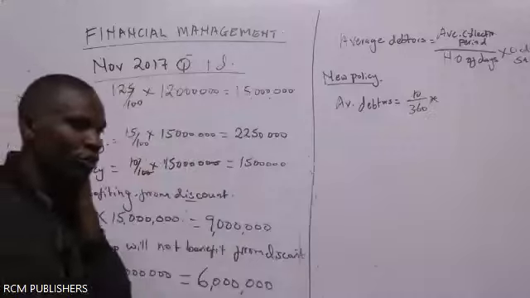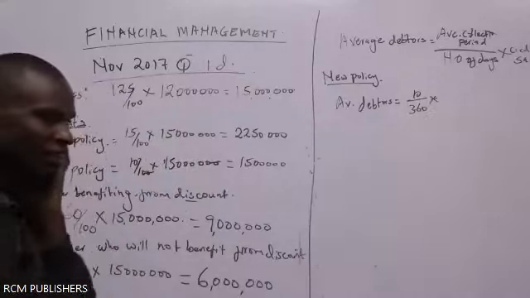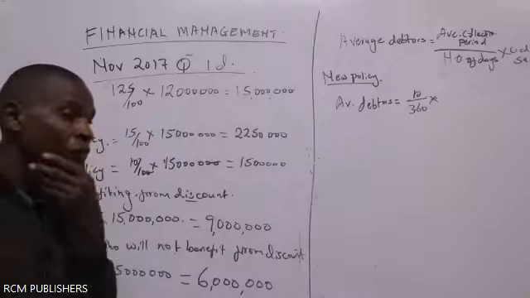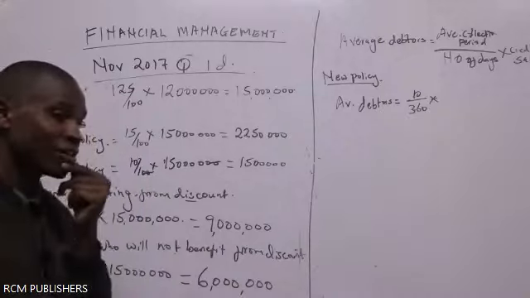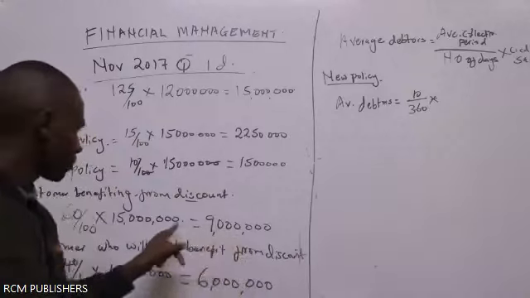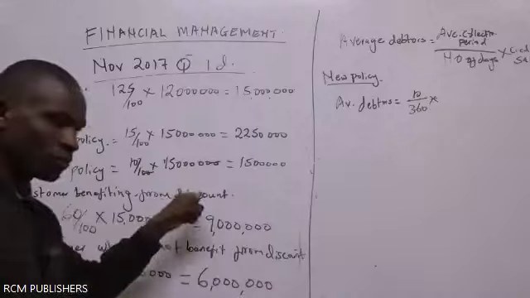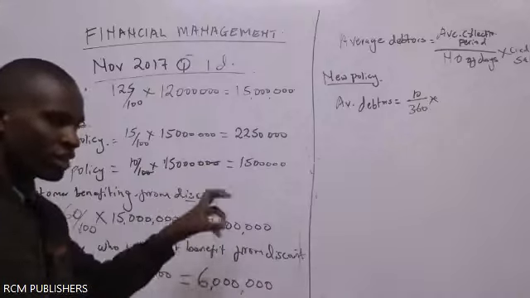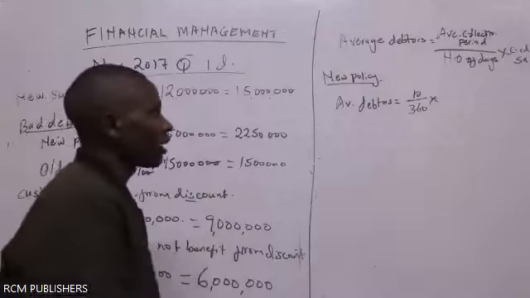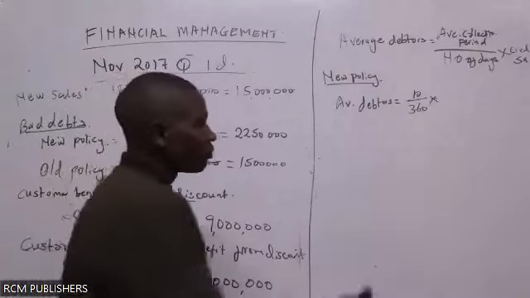Goods zenye tuliuza on credit na tutawapatia discount. Hizo gani? Already computed. 60% walinunua on credit within the limit, so watapata discount. So the average data on that will be times 9